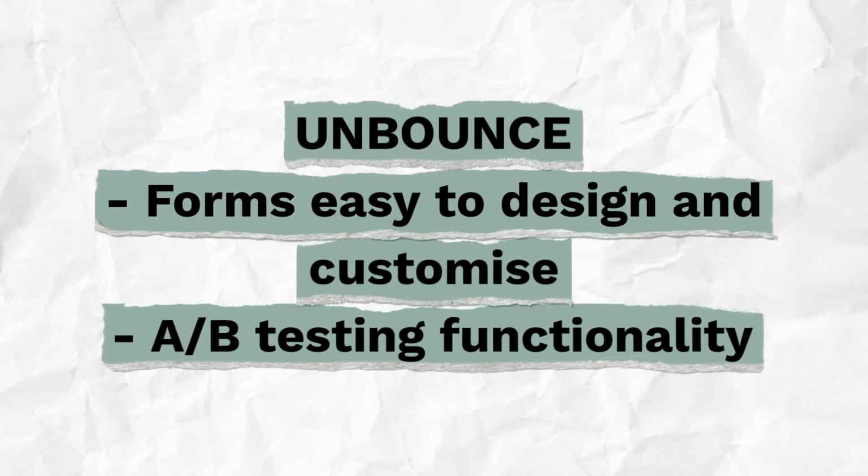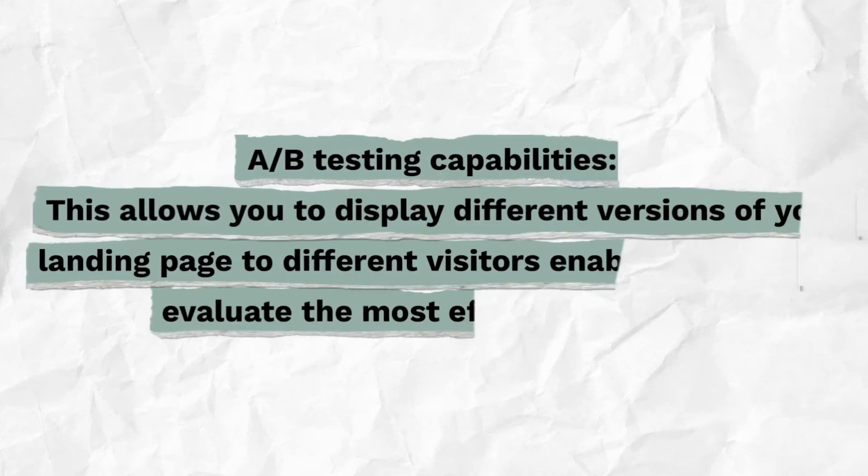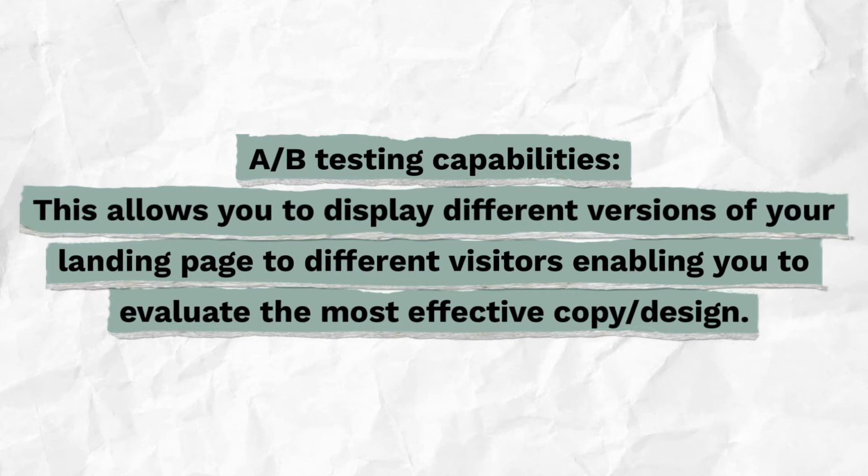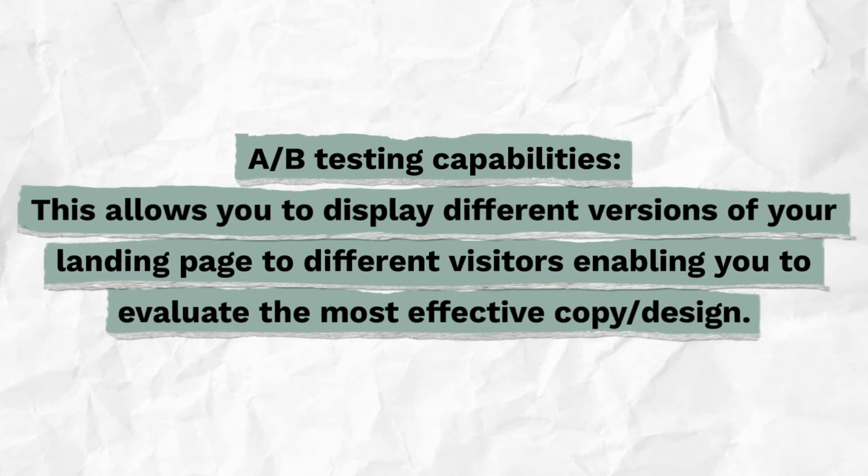What does that mean? Well, it's unlikely that you will create an uber converting wonder page first off. Like anything, creating landing pages takes practice. A/B testing functionality allows you to swap out and alter bits of a page across a number of slightly different but broadly similar pages that you can easily duplicate. What that does is it gives you the ability to really hone your skills as a landing page creator,